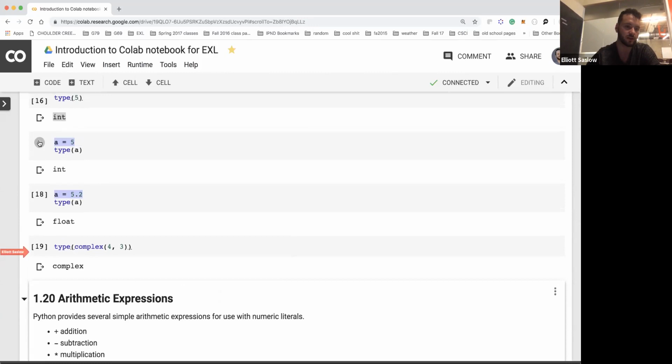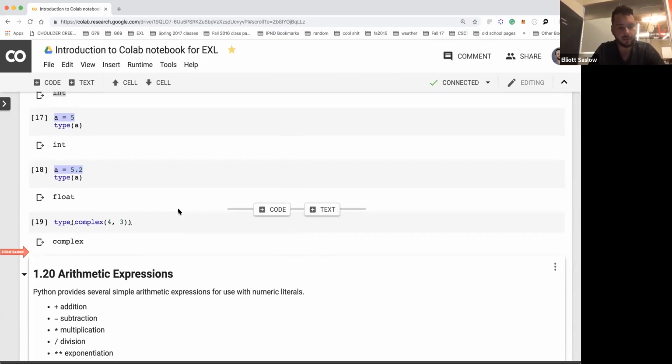You notice that each one of these has a number for their output, and you can rerun them by pressing the play button. My running is different than your running, so you have to have your own notebook to run each one of these. But that's up to you. So jumping right along